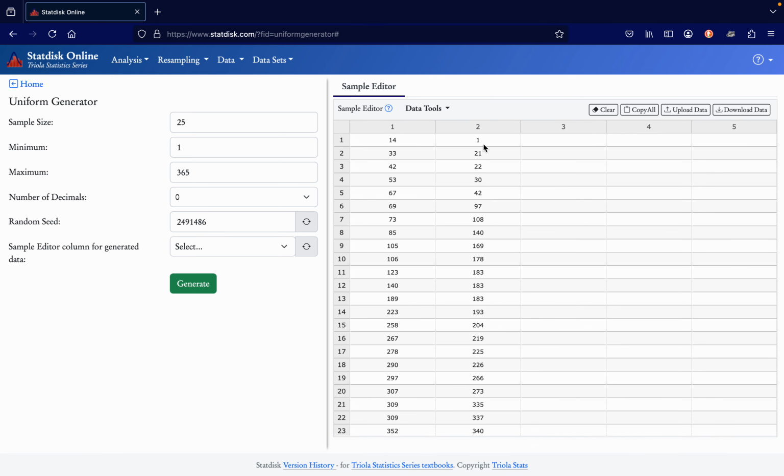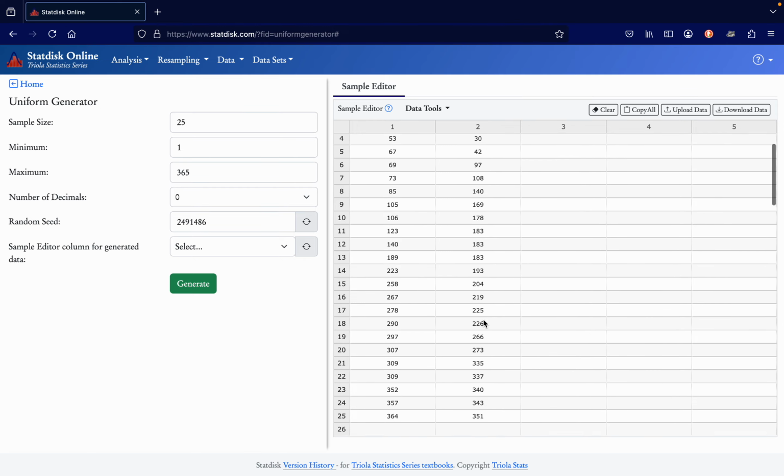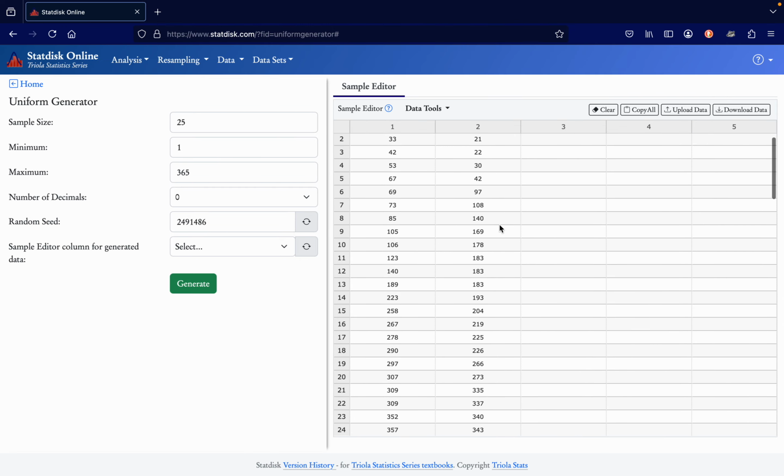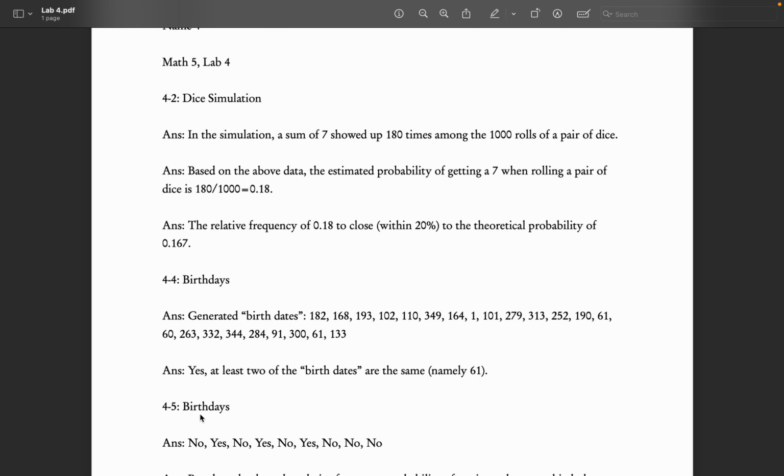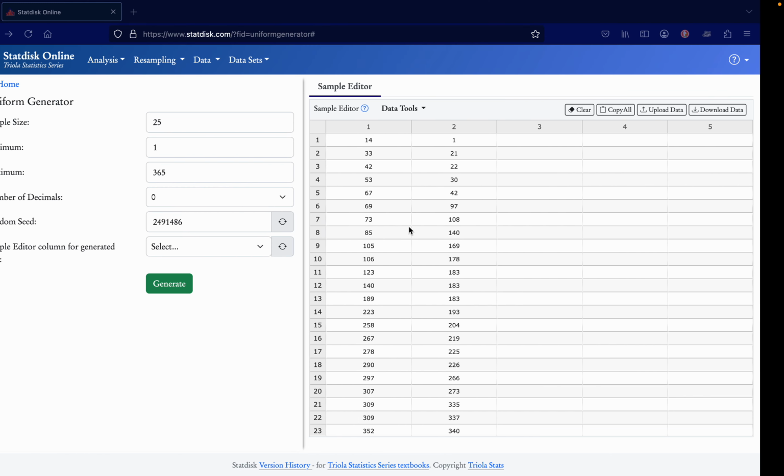And you can see for the second run of these randomly generated birth dates, you can ask yourself the exact same question: are any of the birth dates the same? And here you can see yes, they are. So they're right here. So if you find, in this case, there are 3 of them that are the same, and you just leave it as that. And so you would say yes. So in the data I ran before, this was no. So I just put no there. But in this case, it would be yes.